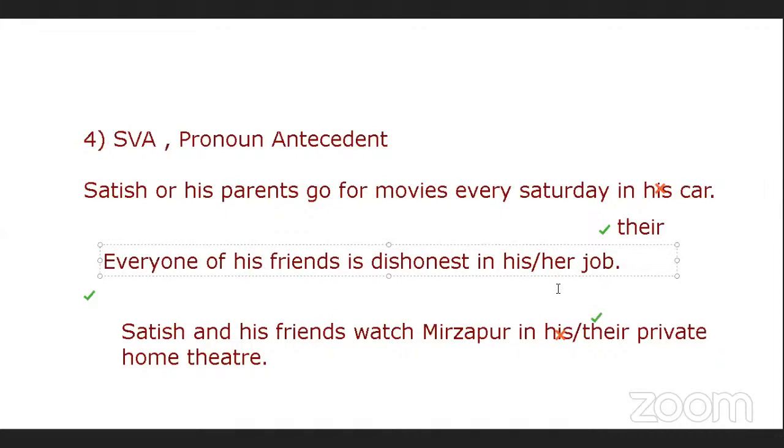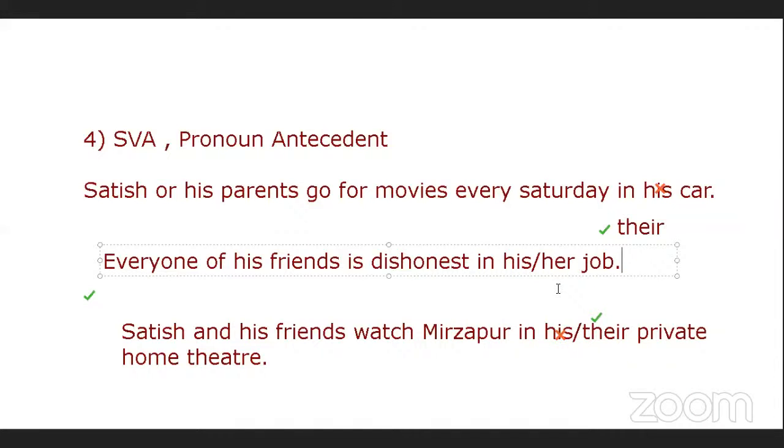वंस अगेन प्लीज रीड द सेंटेंस, जल्दबाजी में मिस्टेक मत करो। Why is there no error in this sentence? सबसे पहले क्या करना है, लुक एट द मेन सब्जेक्ट। मेन सब्जेक्ट क्या है, सिंगुलर है कि प्लूरल है? सिंगुलर है ना, एवरी वन ऑफ हिज फ्रेंड्स सिंगुलर है, तो उसको निकाल के राम डाल दो, ठीक है? राम इज वन ऑफ हिज फ्रेंड्स ना। नाउ हिज फ्रेंड्स कैन बी मेल और फीमेल, वी नेवर नो, राइट? इसीलिए हिज या फिर हर दोनों भी आएगा यहाँ पे। इट कैन बी राम, इट कैन बी मीना, हुएवर।